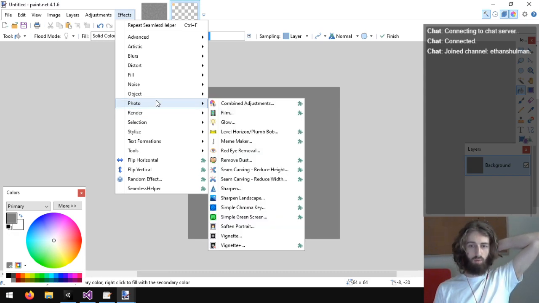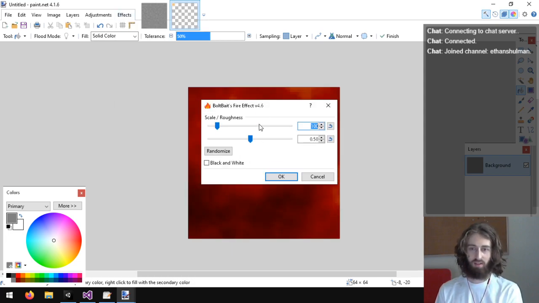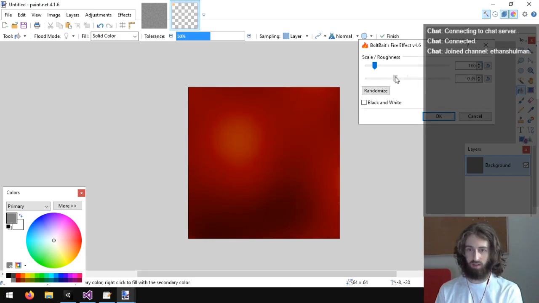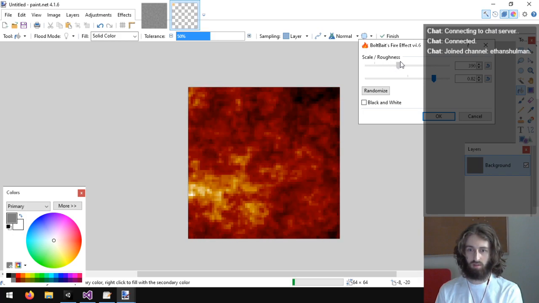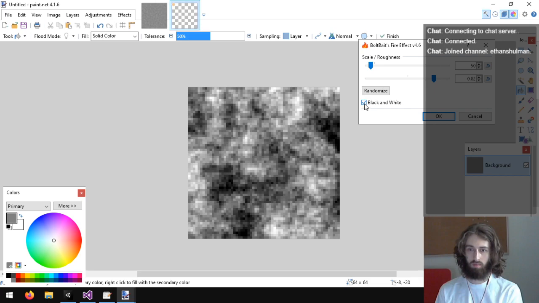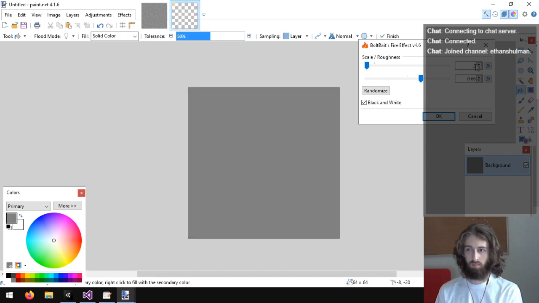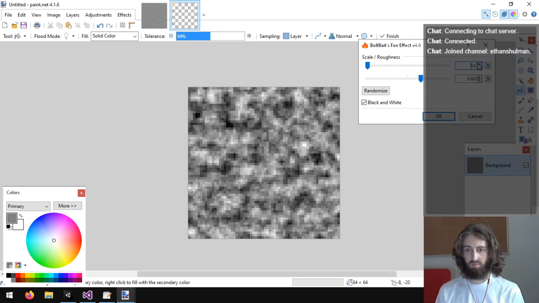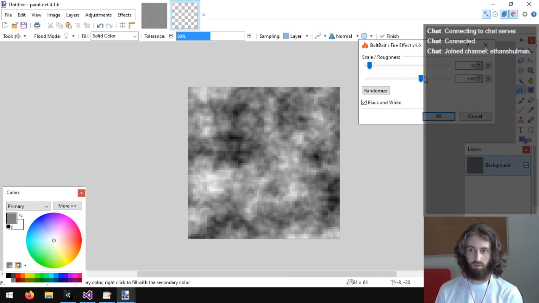I downloaded a whole bunch of plugins for this, and I haven't tried like half of these plugins. So while I'm going through this, I'm literally just looking at all these new things I could use. I want to see what this flames effect looks like. It's like a modified clouds. So it's like clouds that just has more detail.